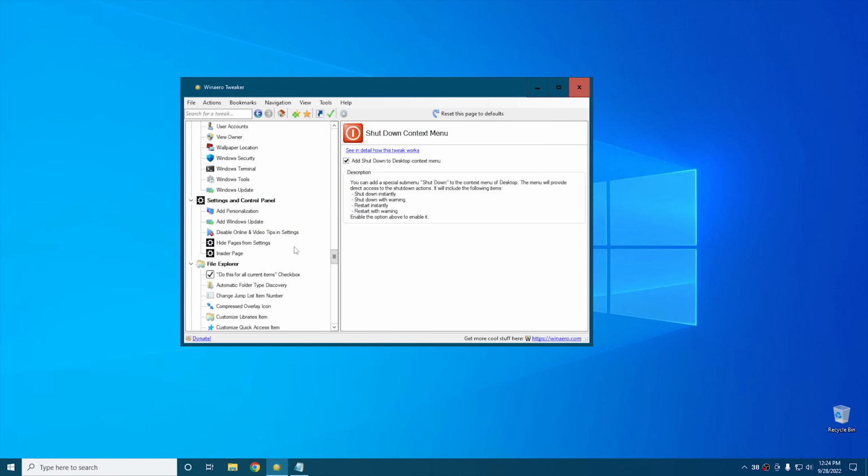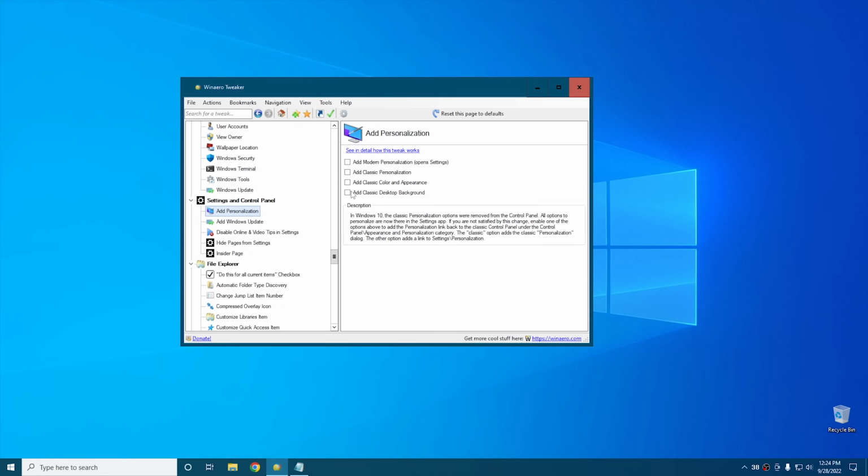So the next one we're going to go into is settings and control panel. And this one here has a couple of really cool settings. Like for instance, we can add personalization. We can add the classic personalization settings from previous versions of Windows. And also,